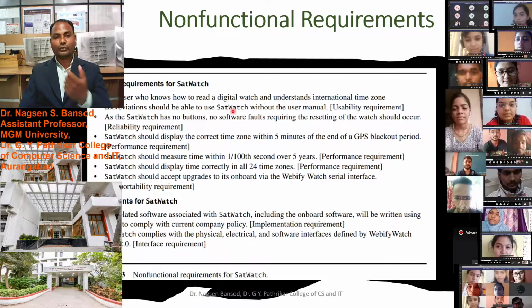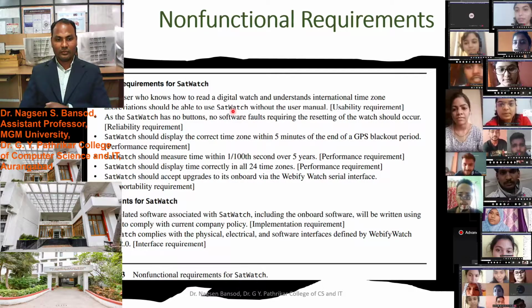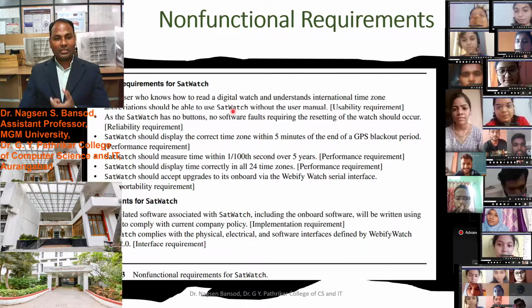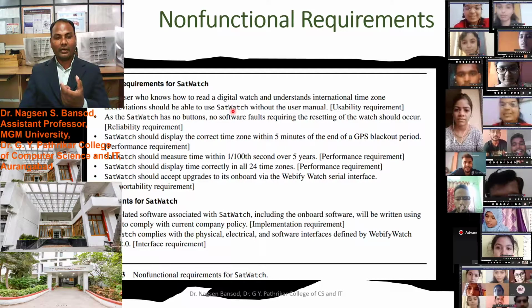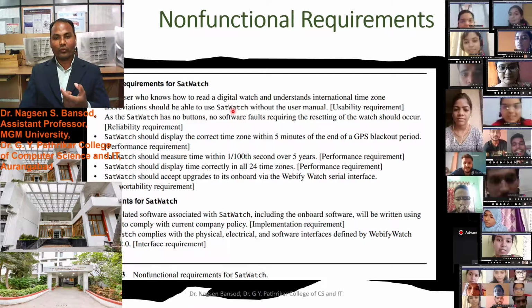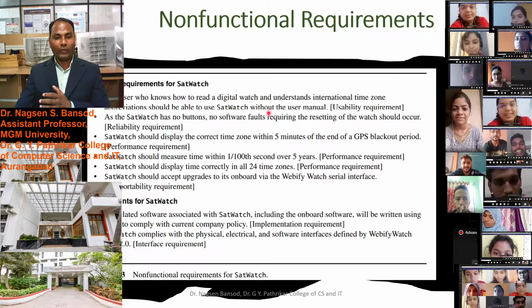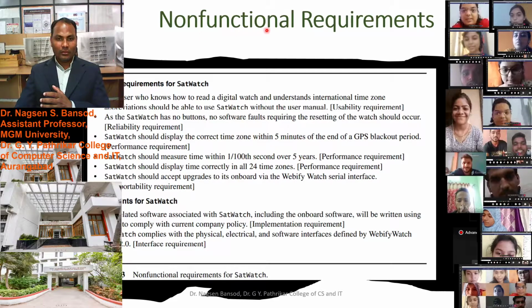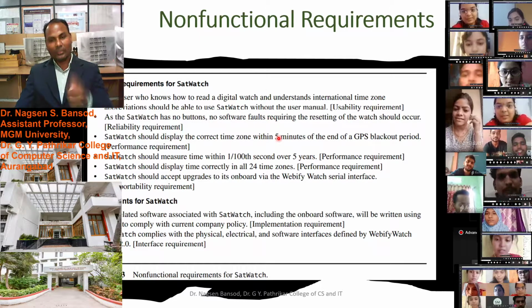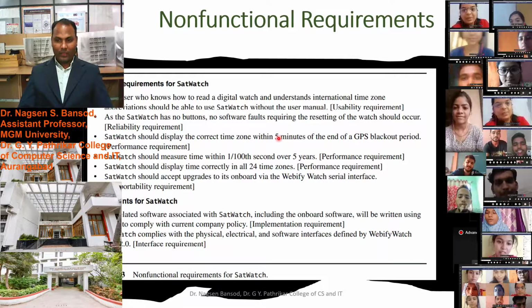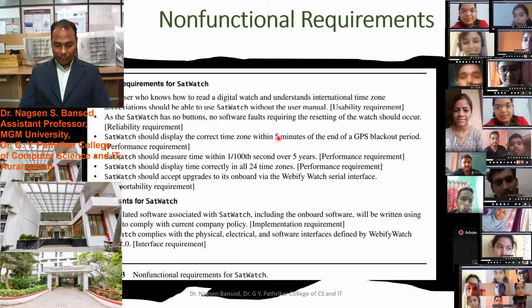Did you understand the functional and non-functional requirement difference? Non-functional requirements are properties like reliability, usability, and supportability of the software, but the actual function of the software is the functional requirement. If you have any doubt, any question, you can ask.